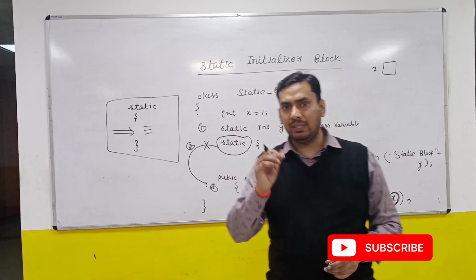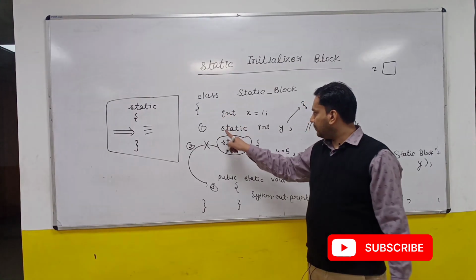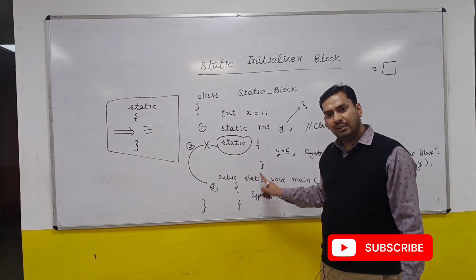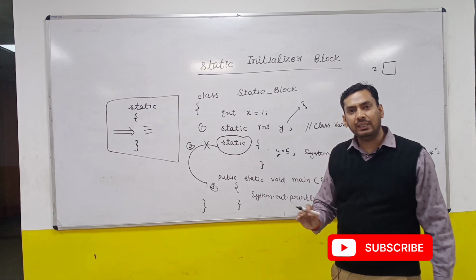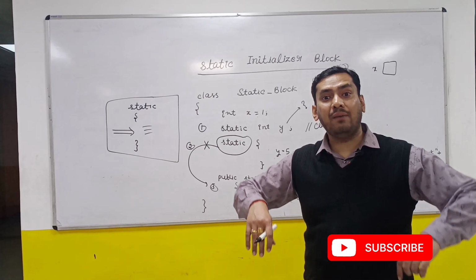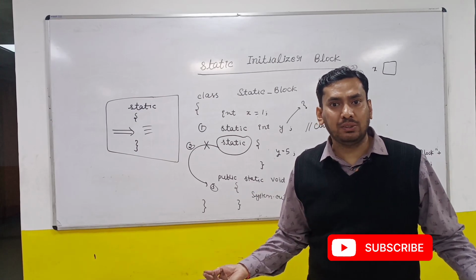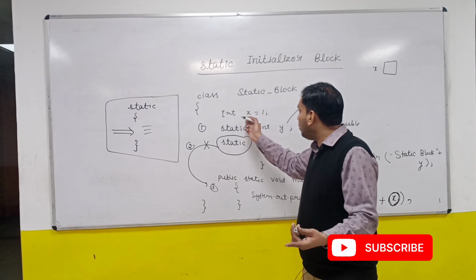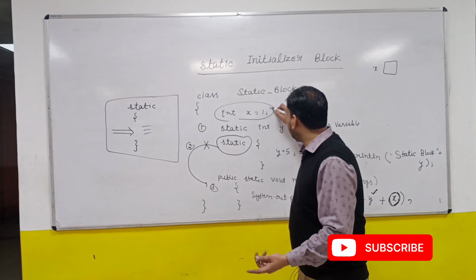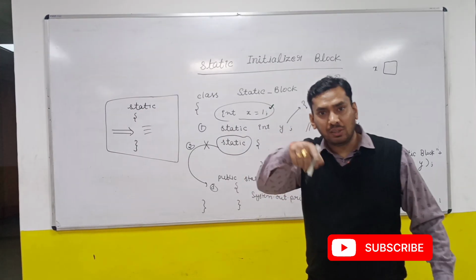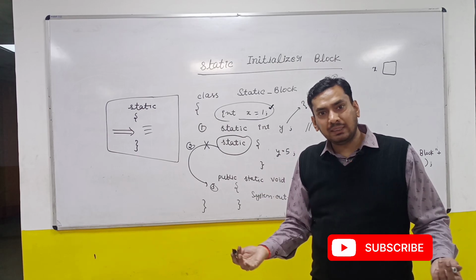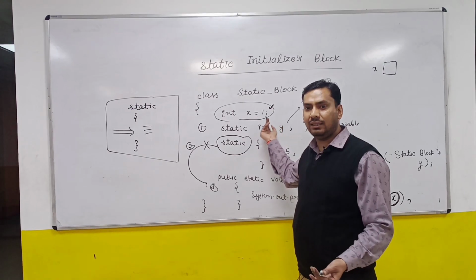The reason I told you is that first the static member is created, then the static block is executed, then the main function is executed. Have you created any object of your class? Till now you might not have created even a single object of your class. It means no instance variable is created till now. The instance variable is created only when an object of your class is created. So no object is created, which means no x exists in memory.